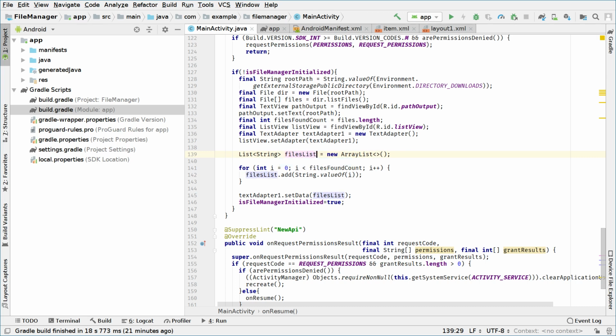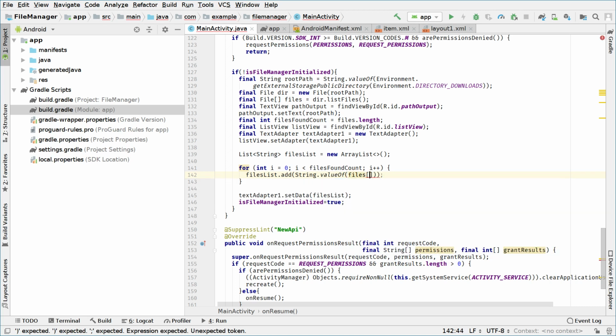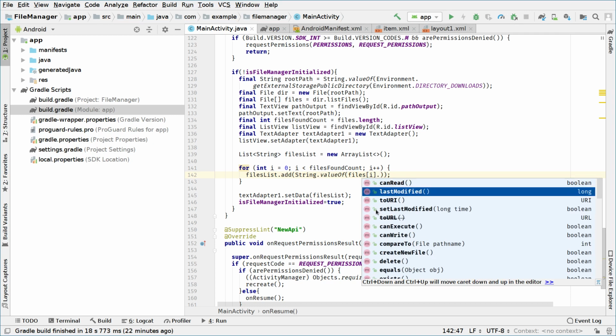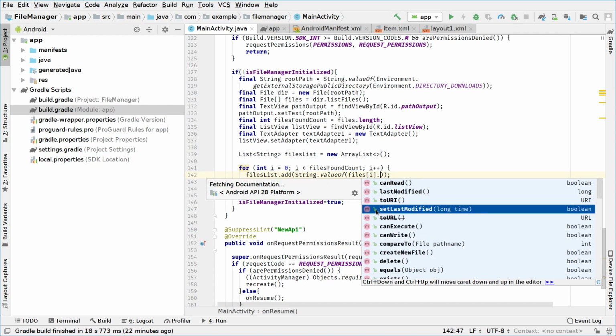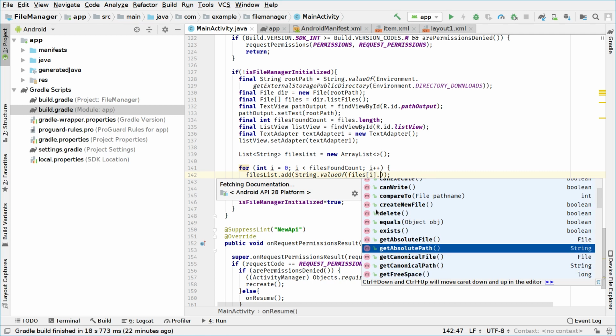Okay, this is the files list, and basically we will change this string to a string value of, and instead of this we will say files i dot get path maybe, or get absolute path. Okay,